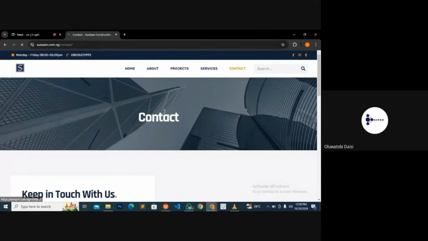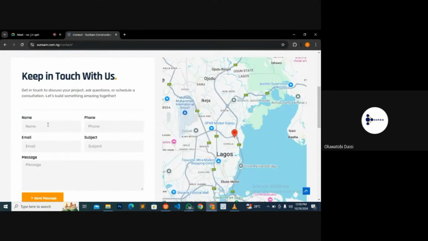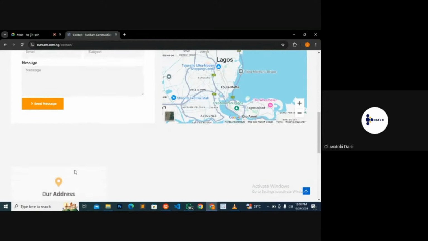So what do you do in your contact page? You put a form. A form is quite compulsory so that anybody can come here and input their details, their mail, their subject. If they have a message for that company, they input it, and then they send the message, and the company receives that message in their mail, and then they can work on it.